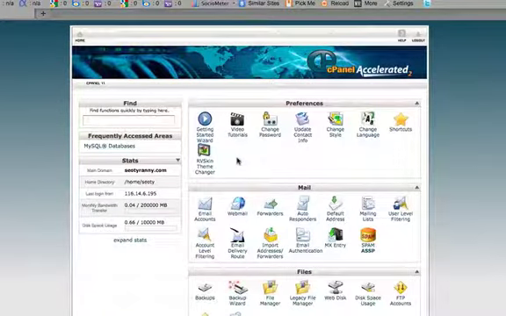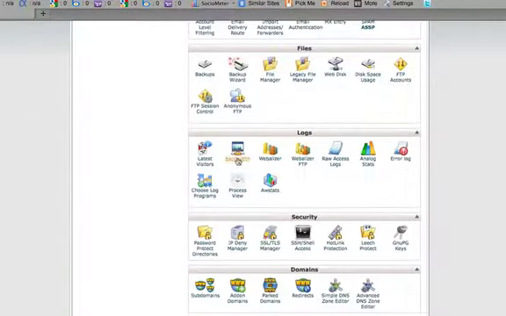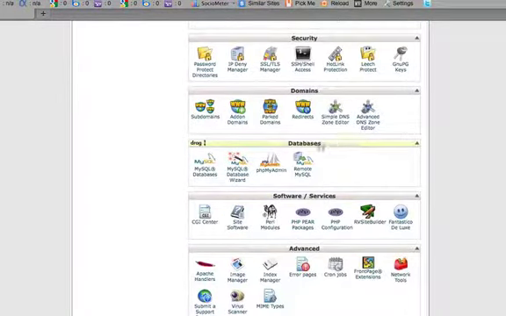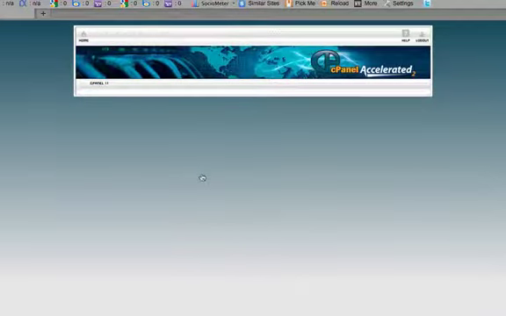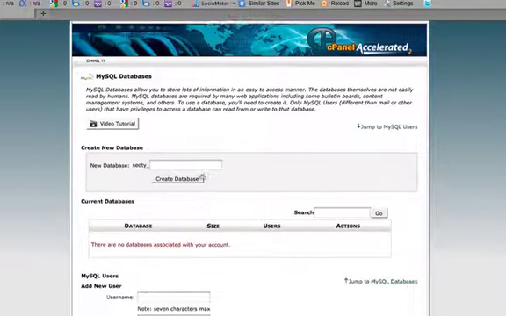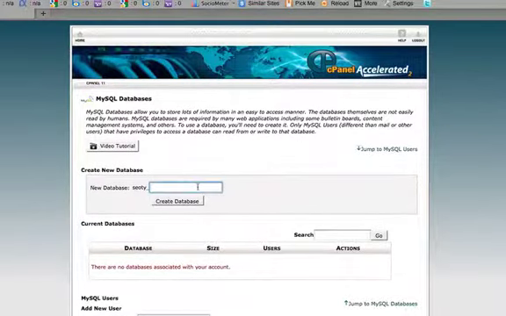Okay, now I'm at the cPanel of my website, and I'm going to show you how you can create your MySQL database. Firstly, you need to scroll down to the database section. There you will see MySQL databases. Just click here. And now we are at the configuration page of MySQL database. I'll just type probably WordPress,